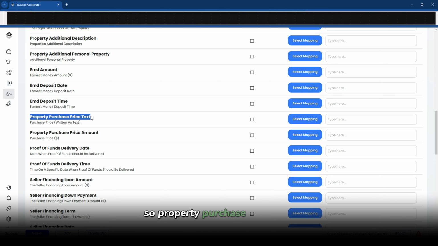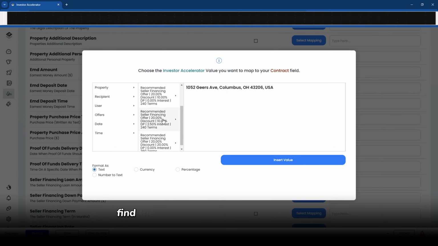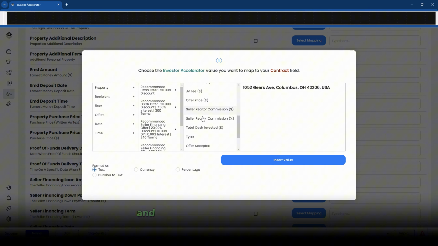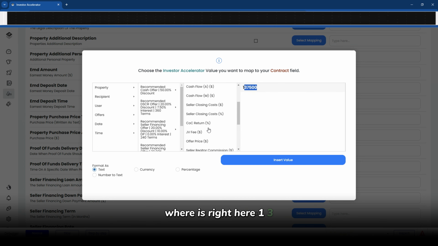So property purchase price text. This is the purchase price written as text. Select mapping, go to offer, find the one that I want to select, so cash, and then I'm going to say offer price, where it is right here, 137,500. I can set that as text, I can set it as currency, a percentage, or I can set it as numbers to text, and it converts it from 137,500, so